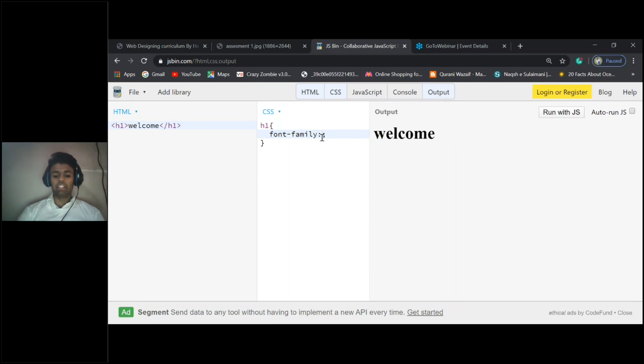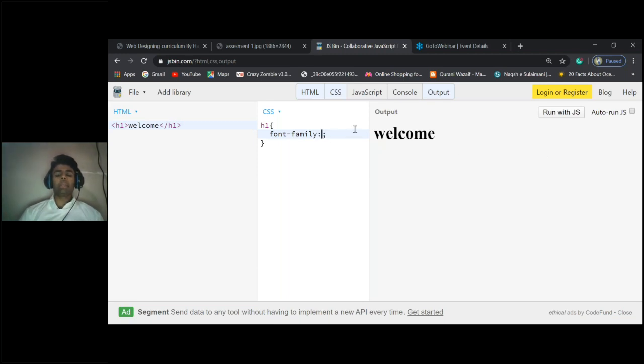See, for example, if I'm writing here Georgia, the font family changes. If I'm writing here Helvetica, the font family changes. This applies to whatever the universal fonts are, like Georgia; everything here you can apply. What if you want to apply some different fonts which are not universal, which are made by yourself or made by any company, and you want to apply here? In that condition,